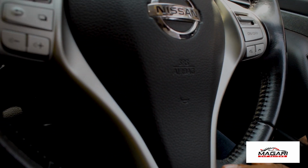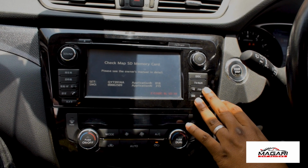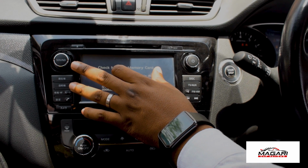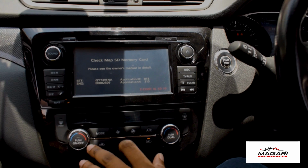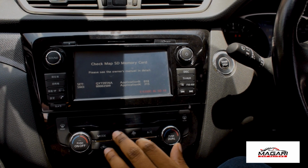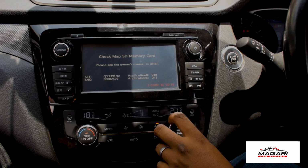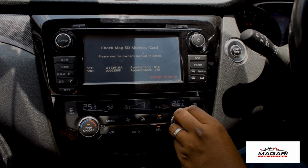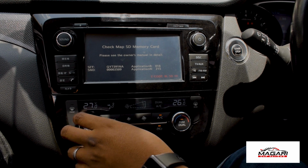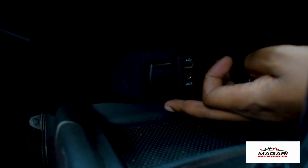And over here in the middle, you've got your whole center console, where it's got your music, your FM, your volume controls, the sound and the power button, and also the AC controls as well, where it's dual, meaning that it is for both the passenger and the driver, where you can turn it off and on and select the different modes as well. See how beautifully it goes. You can change this individually, or you can change this for both sides, for passenger and for the driver. Here it's got the auxiliary input and the USB input, where you can use it for music, and also the power